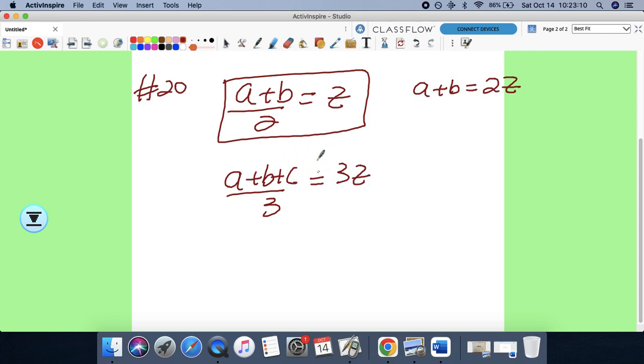I can come here to my third equation, because the third equation says A plus B plus C divided by 3 is, that's what they want to know, right? Hang on a second. What am I confusing this one? A plus B divided by 2Z. That one I knew. I cross multiply, I get A plus B equals 2Z. Okay, what's the average of A plus B? So A plus B plus C divided by 3 equals